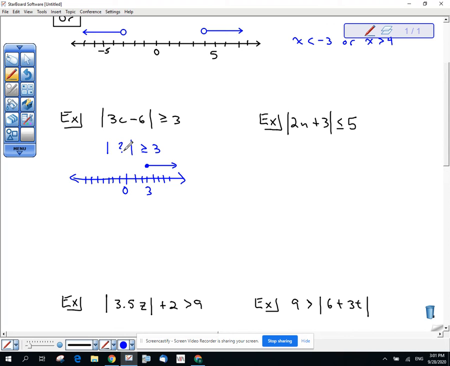Okay. What about 2? No. The absolute value of 2 is 2. That's not greater than 3. So 2 would not be in our solution set. Neither would 1 or 0 or -1 or -2 or any of the other numbers. I'm just using integers right now. But what about -3? When we get to -3 and I take the absolute value of it, that would be 3. 3 is greater than or equal to 3. It's equal to. So once we get here,